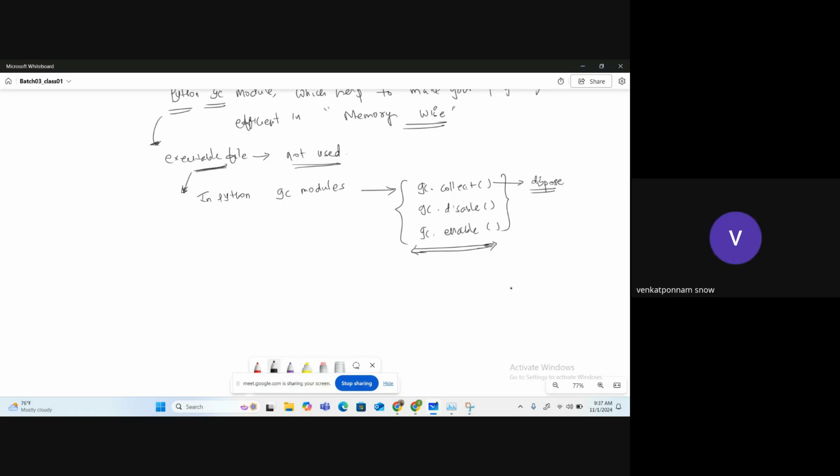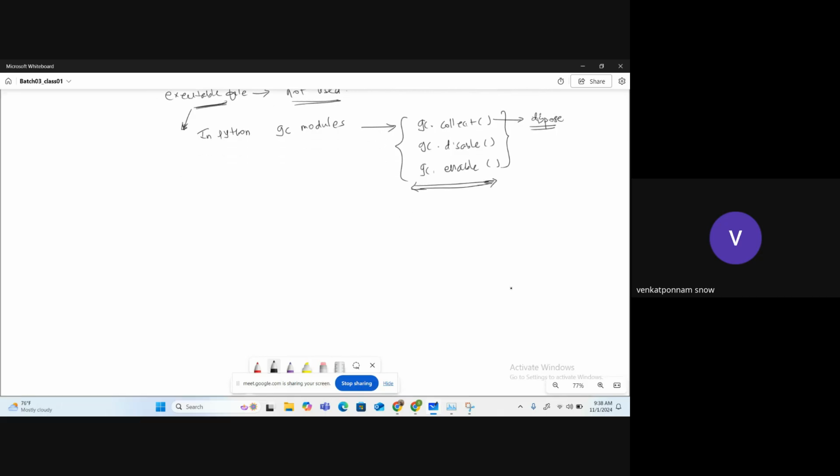Yes. Okay. So how is it happening internally? I just want to understand when we are talking about the GC modules. At the moment this information is fine, but we need to go a little deeper when we talk about the GC module.